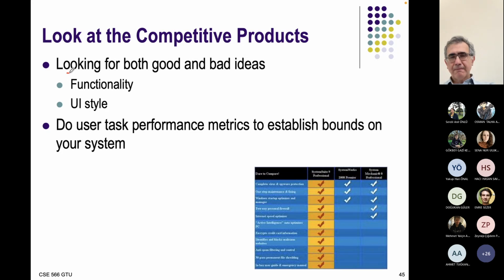As we try to understand what to do in our software, try to understand functions, we also look at the other products. We do examine the functions, which functions are available with the competitive product, which functions are available with our design. So in terms of functions and also style, how you organize things, making our application slightly similar to the other applications in the market helps people transfer their skills to our application,